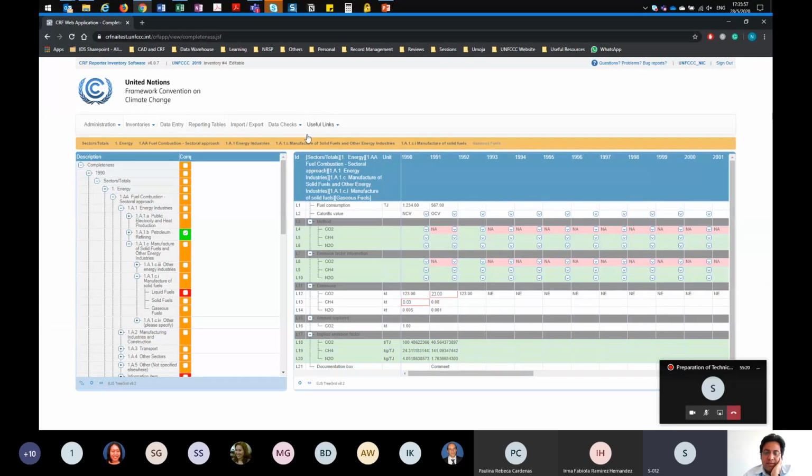And in this completeness check window, if you see that some data is missing, here also you can do the data entry. So I can enter the data here as well. This is also the place where you can enter the data. So this is how you can check the completeness of your data entry.